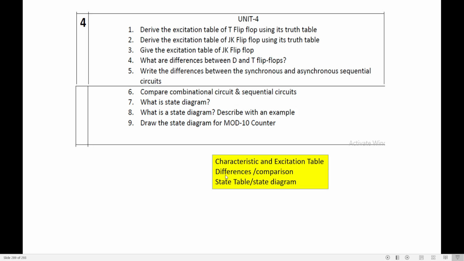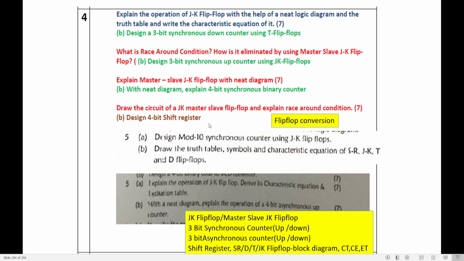You need to know what is a state table, what is a state diagram. So I will do a separate video regarding all the part A differences or comparison questions. Maybe in the next video I will post it. If you see part B of Unit 3 or Unit 4, most frequently asked